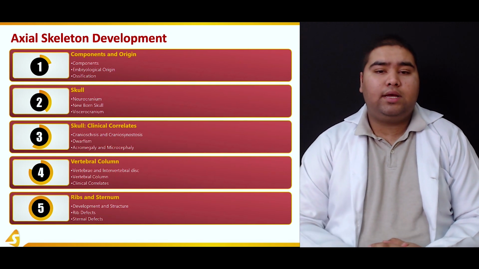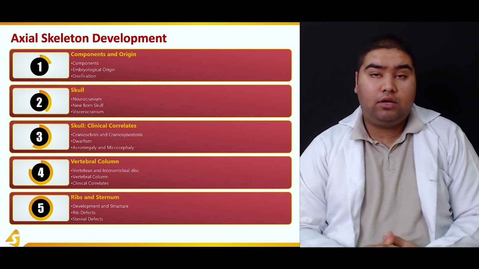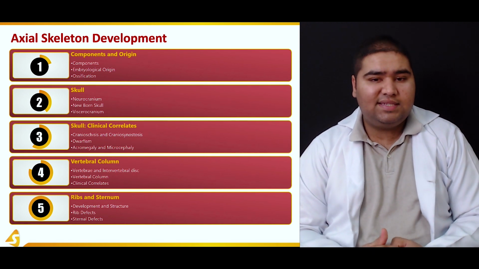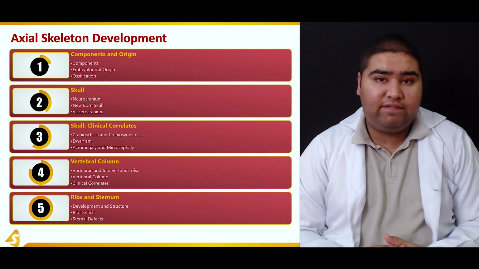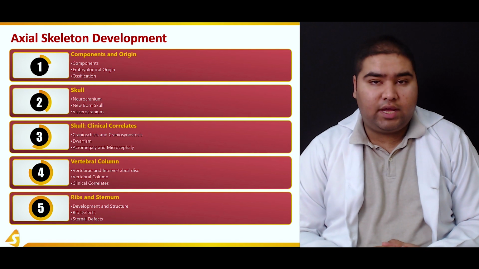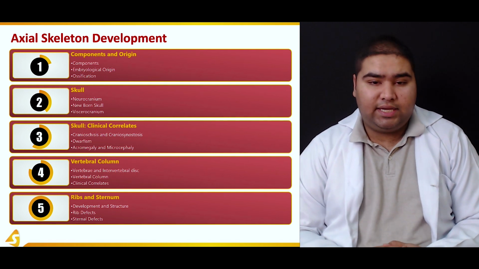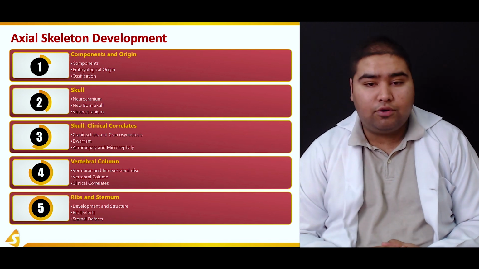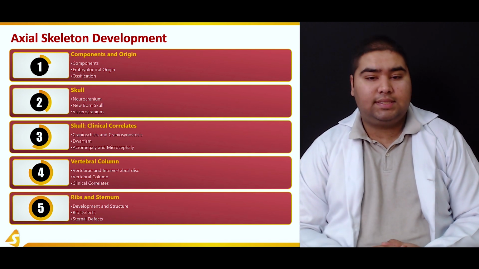First of all, we'll take a look at the components and origin. In this subsection, we'll see the components of the axial skeleton, how it develops embryologically, and the various processes of ossification. In the next subsection, we'll talk about the skull, how the skull is divided into neurocranium, the newborn skull, and